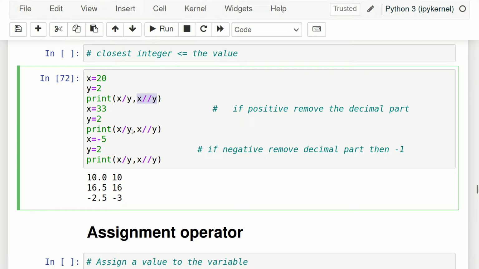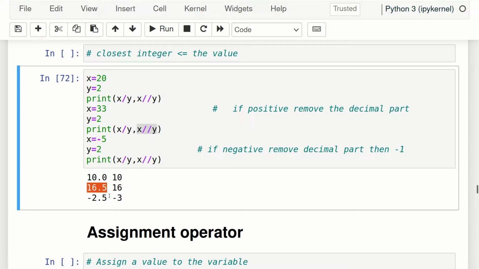Now the problem is, if the normal division is not giving an integer directly, which integer will it give? For that we have to keep two things in mind. If the normal division is giving a positive number, the integral division will just remove the decimal part. So if it is 16.5, just remove the decimal part, and the integral division will be 16.